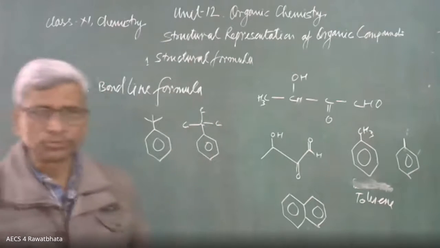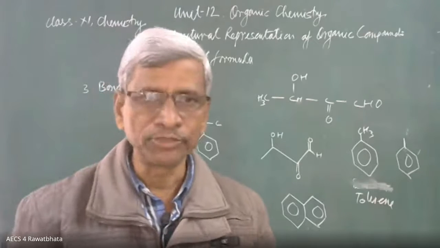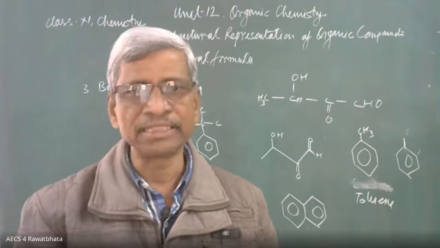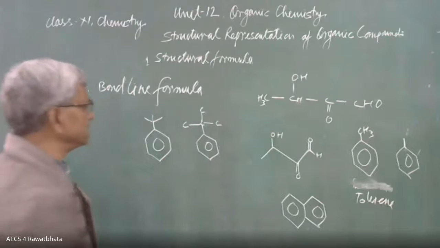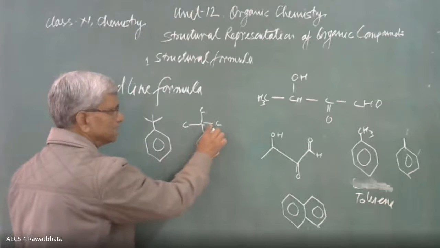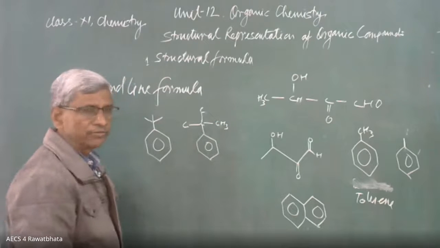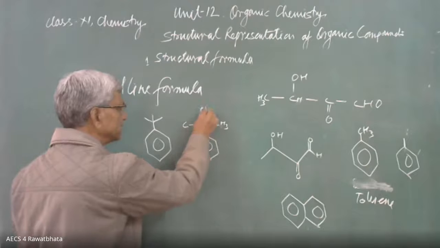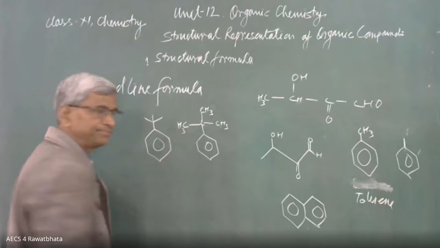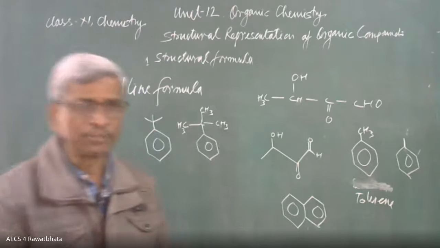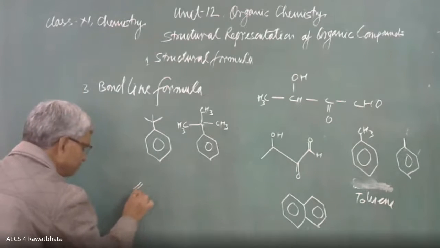Sometimes many students are feeling difficulty to write the correct formula of the organic compound. How many hydrogen atoms are needed? Please clarify at this stage. It is not difficult, but there should not be any doubt at this stage. Here is one bond present, 3 more bonds needed because carbon is tetravalent. That's why 3 hydrogen atoms. One bond present, 3 hydrogen atoms. Okay, beta? This is the bond line formula.